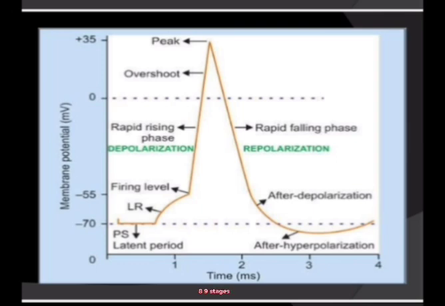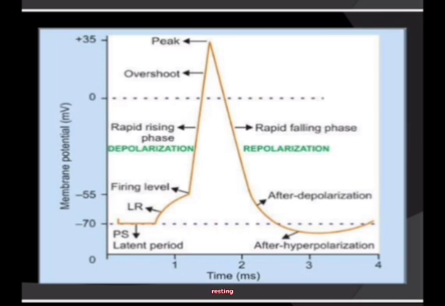Take 9 stages. We are looking at action potential of a nerve cell. So let's begin with stage 1, which is the RMP,